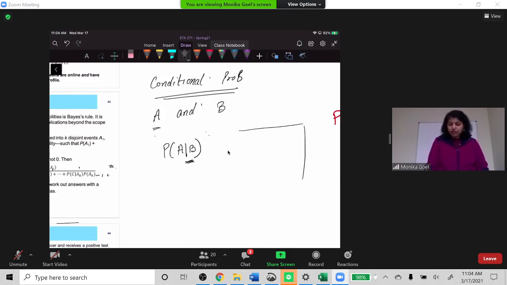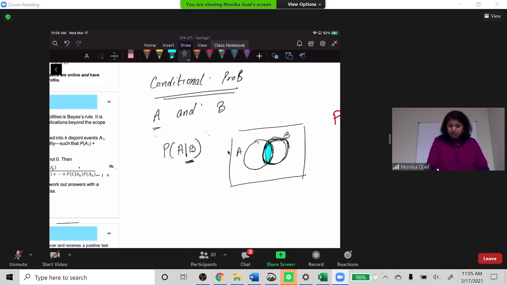So if we have two events A and B, and we know that B has already happened, we are looking at the probability of A under the condition that B was already done, and this B is going to affect my chance of A. If I'm talking about this intersection, I'm looking at the probability of that part of A which is contained in B. So what is the probability of this part over this whole? That's what we are looking for.